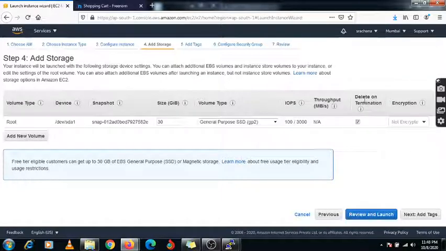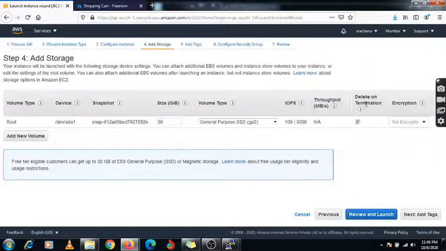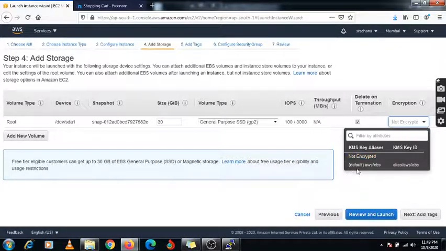By default, when you are selecting any volume, the delete on termination option is selected, and here is the encryption option. When you are creating any instance, at that time you can encrypt your volume using this option. If you want to encrypt it, you can select it.